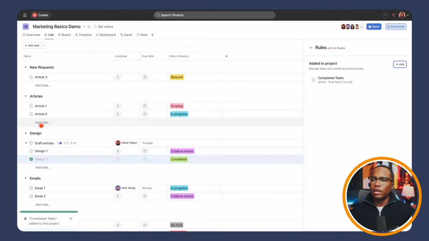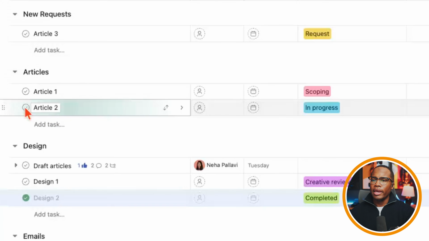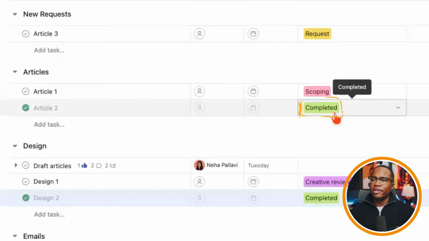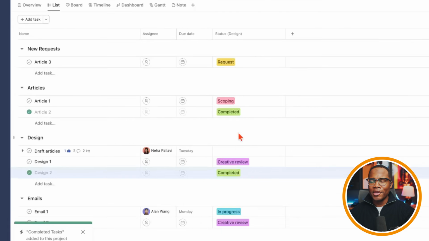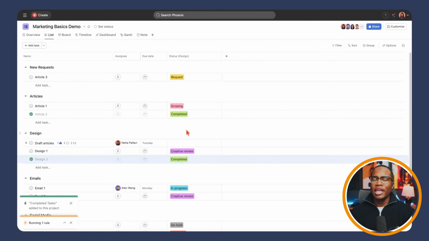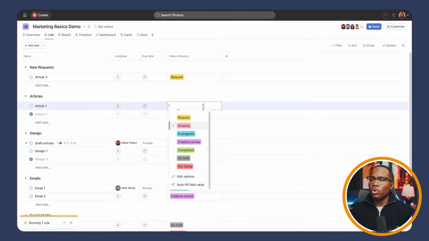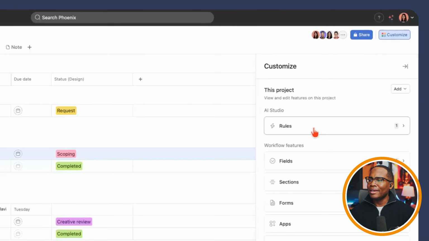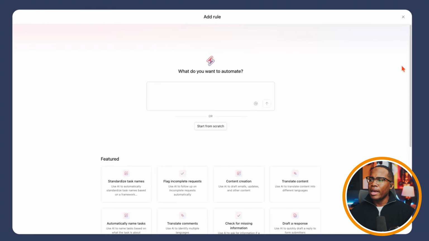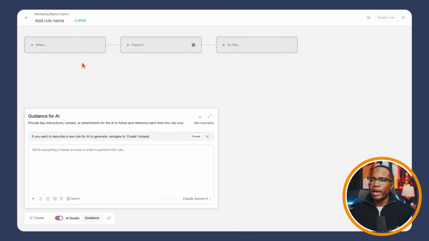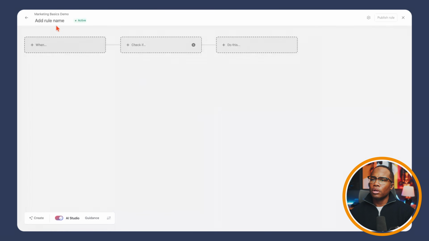Now, if I click on Article 2 and complete it, it's automatically going to make a change to completed. There we go. All right, we've just created our first rule and we've automated something. We can then go back into our rules. So let's say we want to go through the stage where we actually have to get something approved. So I'm going to create another rule here, start from scratch, and call this